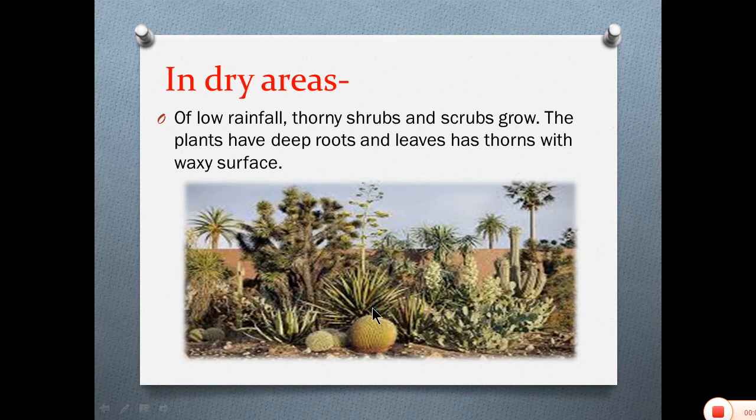These cactus plants' roots go deep and wide into the soil in search of water, and then they collect the water and store it in the fleshy part of their stem. Now this water in their body can be lost by transpiration, but that is prevented by two mechanisms already possessed by it. That is, the leaves, if present, will have a waxy surface, or the leaves have been modified into thorns.